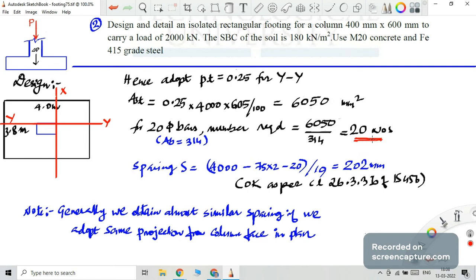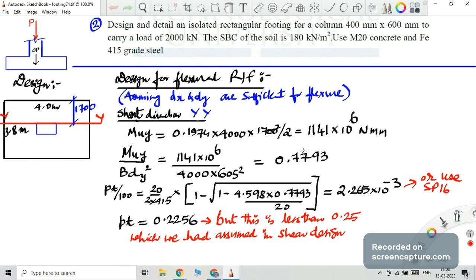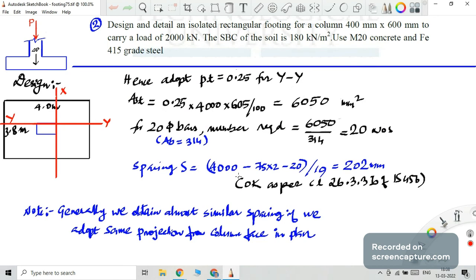And check the spacing here. As I told you, this is going to be the direction of bar, so spacing available will be, or it is to be placed in 4000 width, 2 covers 75 into 2, and half bar dia on each side. So that is 4000 minus 75 into 2 minus 20, 20 bars means 19 spacings, and you get 202,